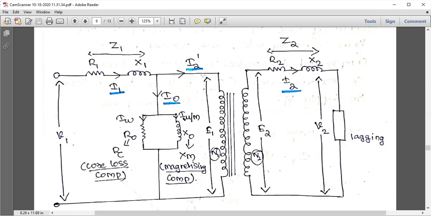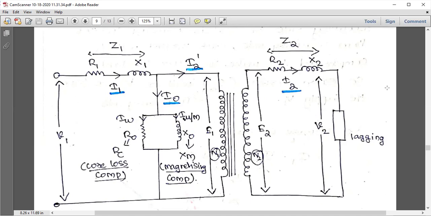So I2 dash is there, and also this primary current I1 has another no load component. That no load component has another two components. That is the core loss component and the magnetizing component. This is the core loss resistance, and this is the magnetizing reactance. Okay. This X1 is for the leakage reactance. And similarly in the secondary we have R2, X2, I2, N2, E2, V2, and the load is taken as